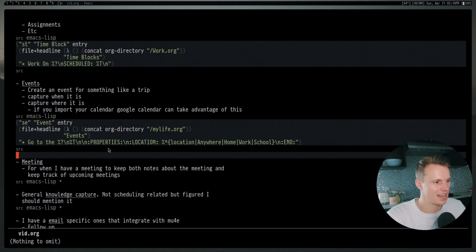We'll kind of show that off in just a sec, but sort of different things where it's happening somewhere and I don't have anything I need to do with it. I just need to have it in my calendar so I see that it's happening at that time. So my template for that is the event template.